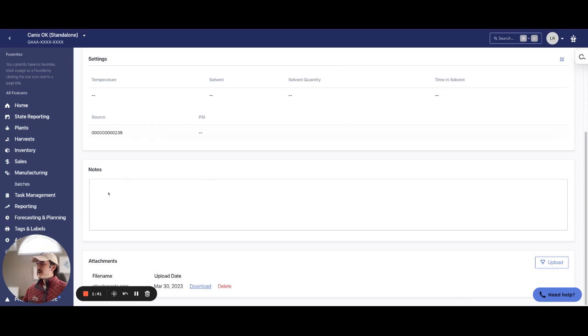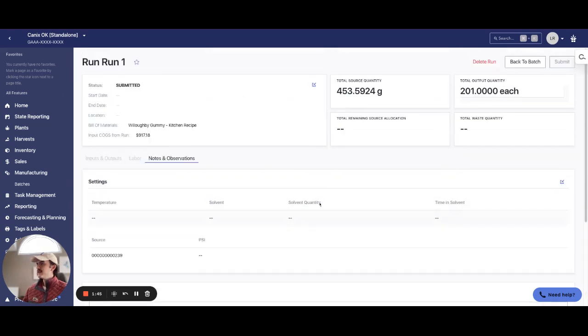And now anyone can come in here and see any sort of the necessary documents that we wanted to have attached with this